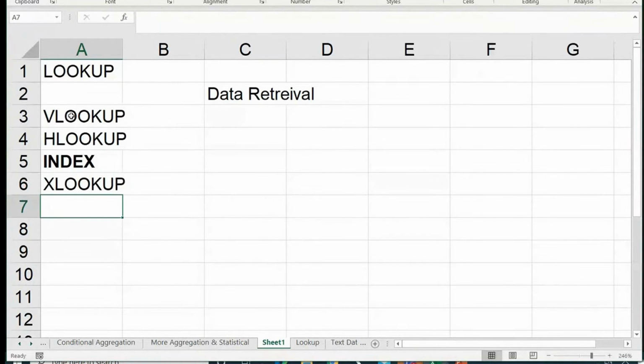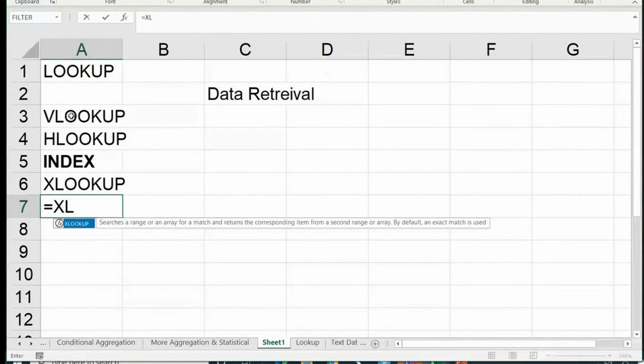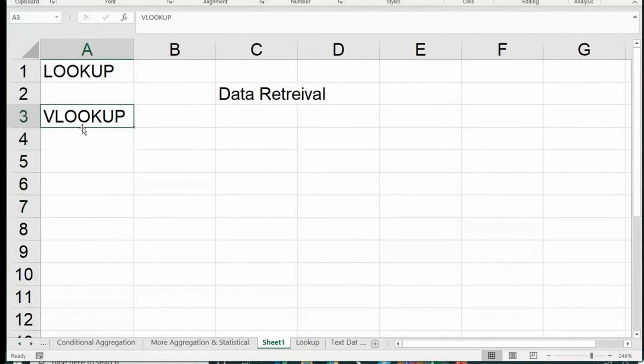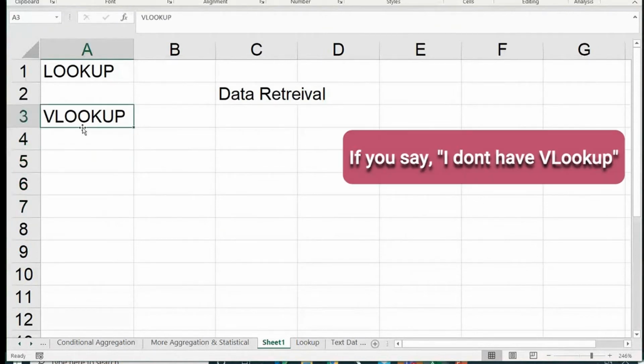Guys who said I have Office 365, be happy. You have a wonderful function, XLOOKUP. People who don't know VLOOKUP, I suggest, if you have the latest version, forget VLOOKUP. You can just get used to XLOOKUP. It's such a simple way to do this kind of retrieving and comparison. So let me get into VLOOKUP first, and the associated problems with VLOOKUPs and how we get over that. But guys, VLOOKUP is there with everybody. If you say you don't have VLOOKUP, then you're not using Excel. You're using some other application then.